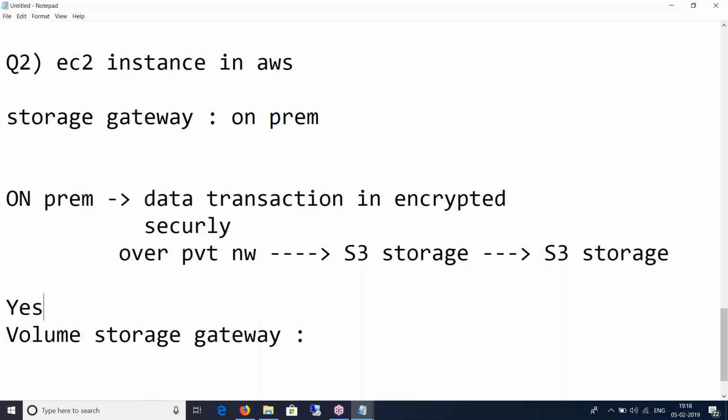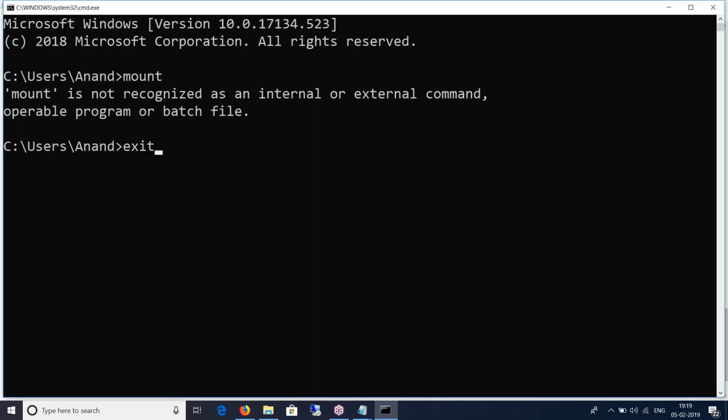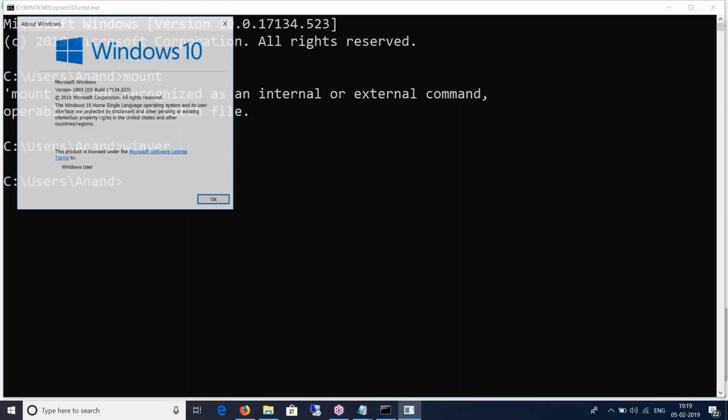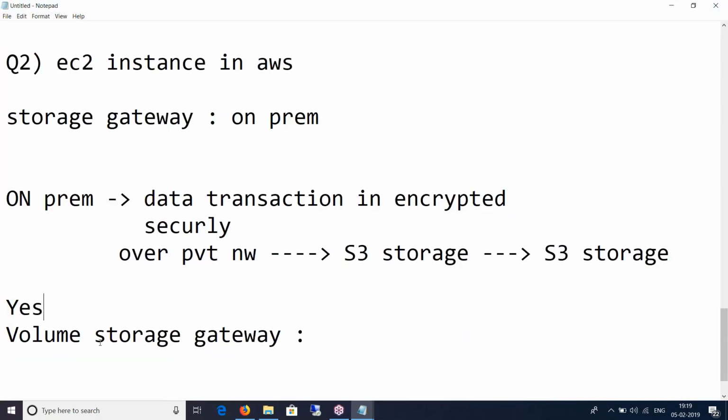Let's do that in the lab as well, so that way you'll get a clear picture. We'll do that in the lab, because I tried to do it on my Windows machine. I could not, because my Windows does not have the command called mount. In CMD, if I type mount, I don't have the command basically. So even I tried to install the Linux utilities for Windows, but it's not available for my version of Windows because it's a Windows Home Edition. For Enterprise Edition, it is available, so I just left it there. But it's a good idea to test it on an EC2 instance on the cloud, and we'll give it a shot.